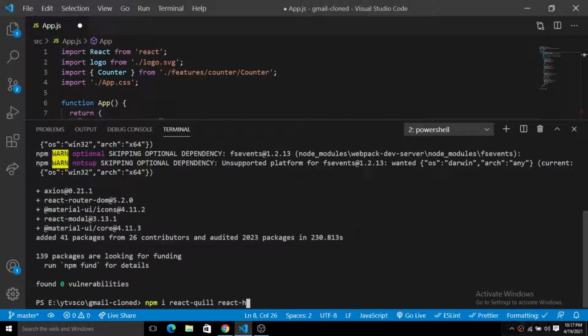It will help us parse the HTML text into a string or readable code that we want. So the HTML parser will be very important to render the content that we have inside the React Quill. So we will install React Quill and React HTML parser